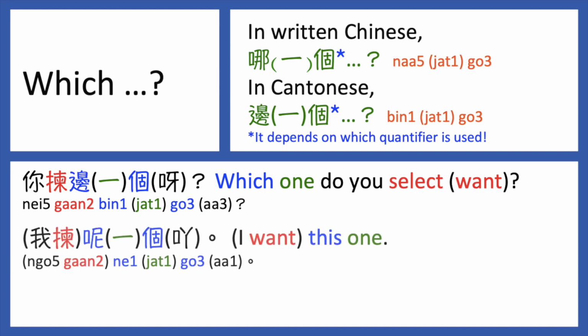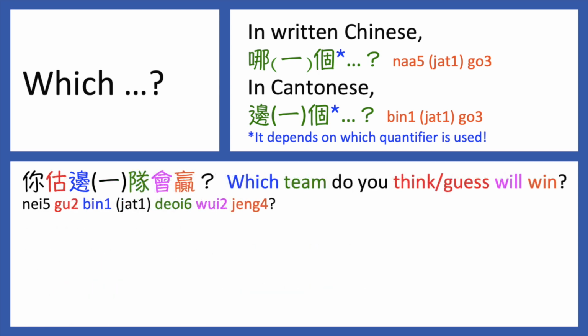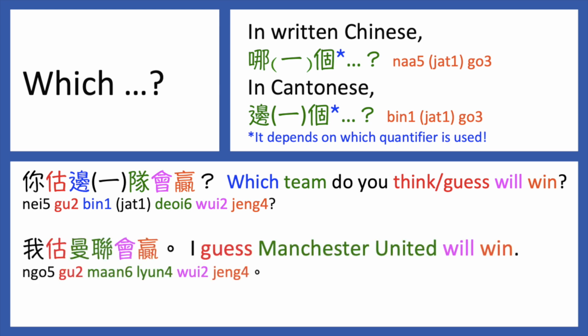or prefer. 我揀呢一個。我揀咗邊嗰個。你估邊一隊會贏？ The situation is there is a match, and someone asks you which team you think will win. 我估曼聯會贏。